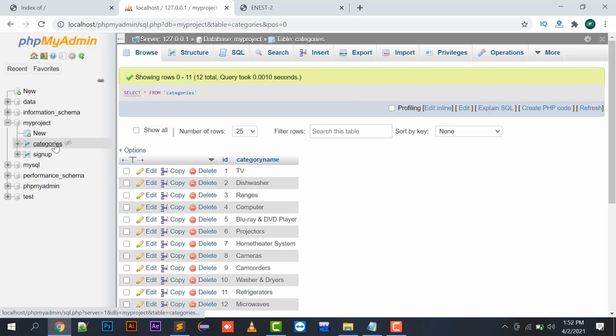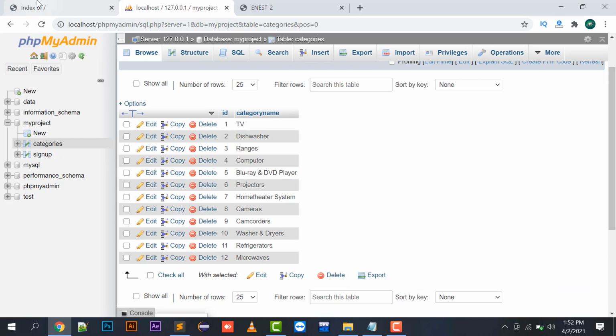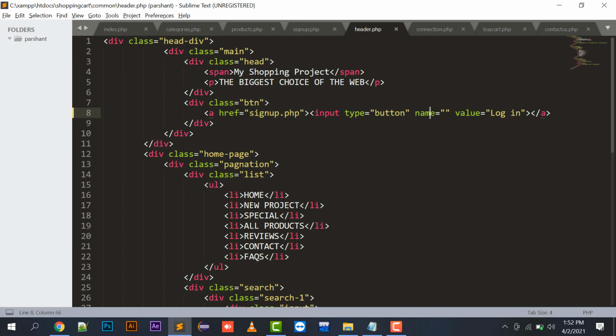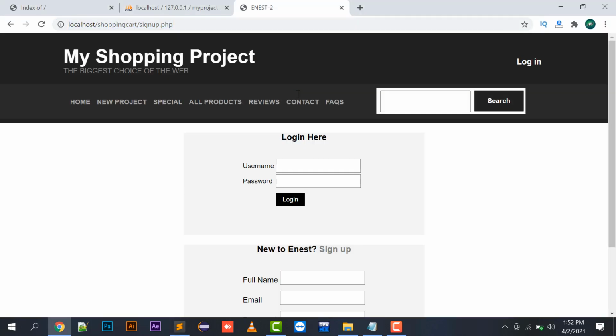So we are ready with our categories table. Let's see how to display this category on your front page. Moving to the header part, let's attach the anchor tag over here. We will create a header link, index.php, with the home page.